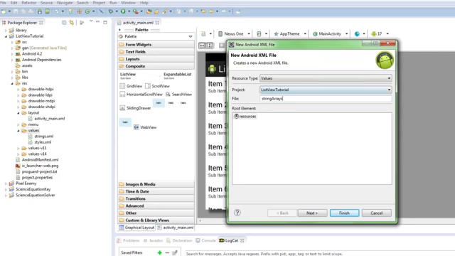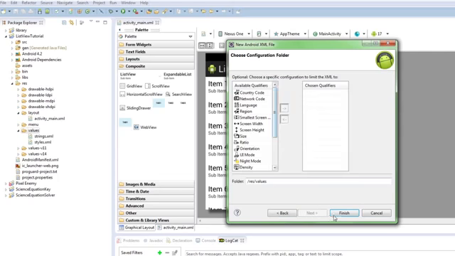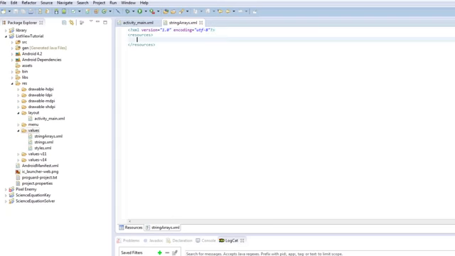You can put a capital letter in, that doesn't matter. So we're going to create string array and finish. And we've got our strings array. So now what we're going to do is create a string array. Now there's two ways you can do it. You can code it manually, which is, you know, you create a string array, an array like that,